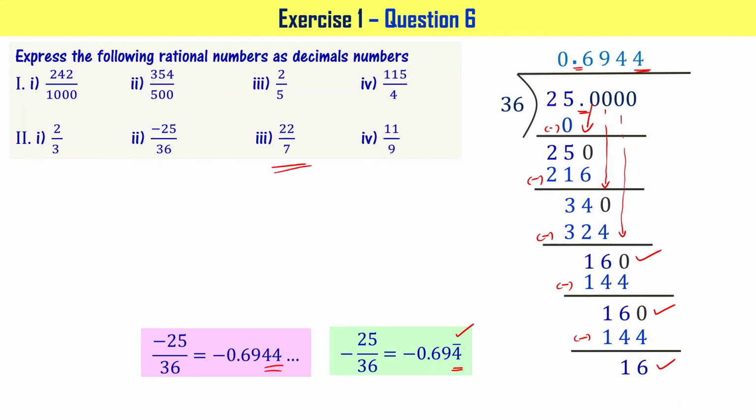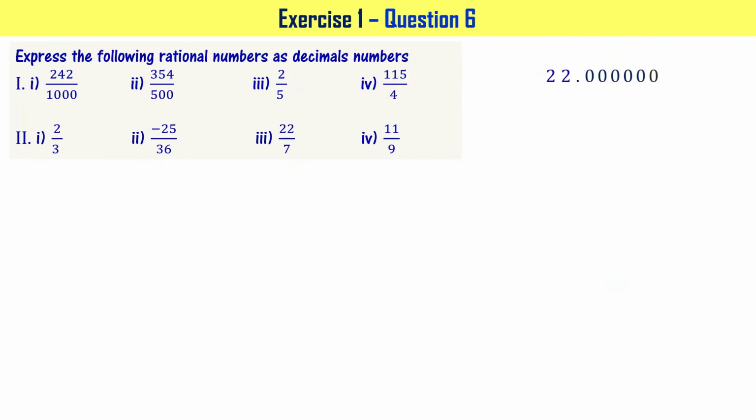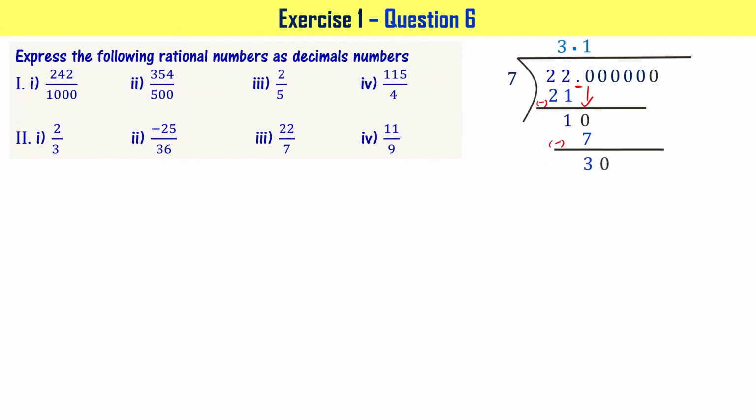Now let's look at 22 by 7. I have put many zeros here after 22. Now 3 times 7 is 21, right? Let me subtract 21 from 22. So the answer is 1. We have come across the dot here, so the dot has to appear in the quotient also. Now I can bring 0 down. It becomes 10. 1 times 7. When you subtract, you have 3 as the answer. Then bring 0 down. It is 30 now. 4 times 7, 28. Subtract that. You have 2 as the answer.